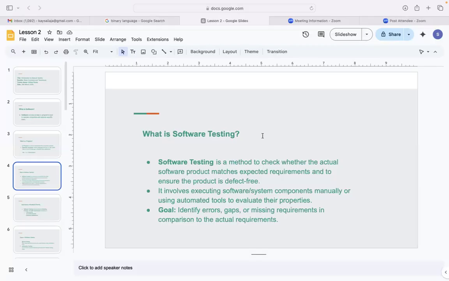We need to try the software. Also software testing is very important. Otherwise, the product is not qualified for the market. Before releasing the application to public, it should go through proper testing. Many times, I will be using this word, releasing to public, releasing to users, meaning, for example,